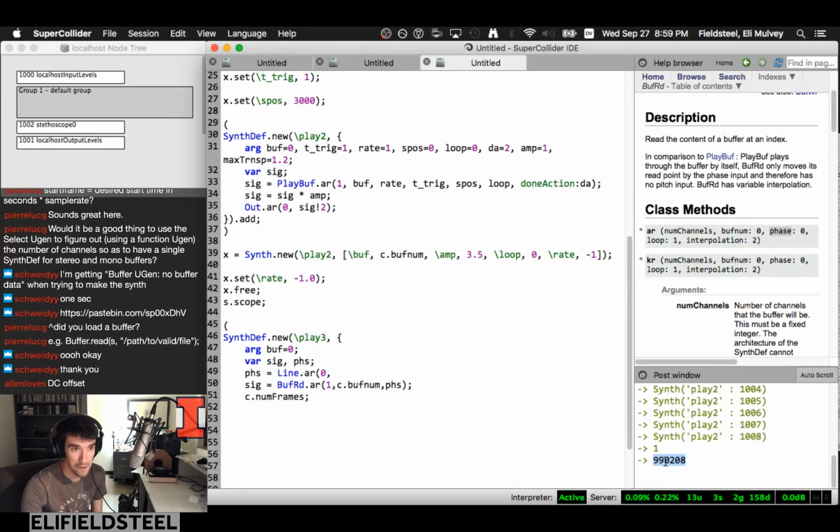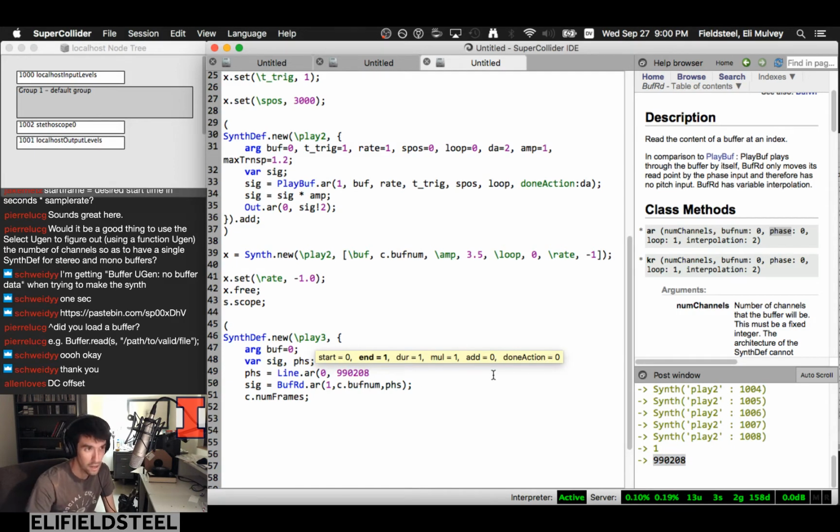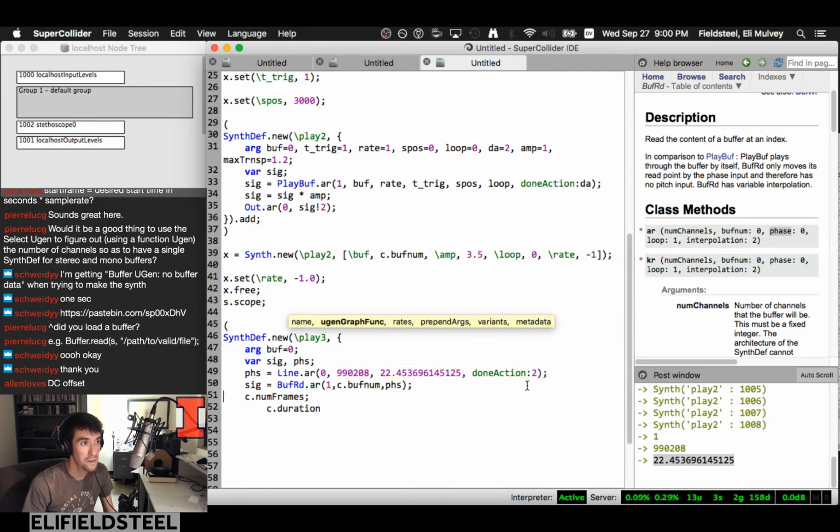And yes, we can paste this in here. This is not the right thing to do. We're going to do it temporarily. Duration, well, we can say c.duration, 22.45. We'll just copy this value. This is not the right way to do it, but I just want to give you guys a sense of what's going on here. And then we'll use done action 2 to stop it. So what this line should do,